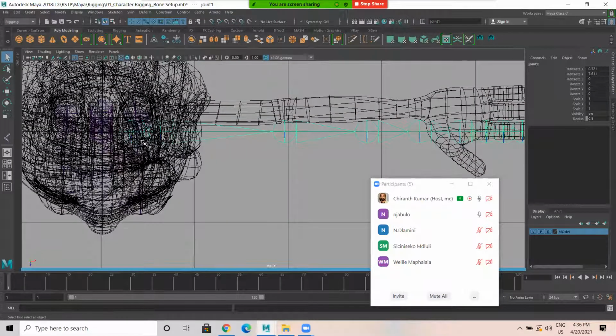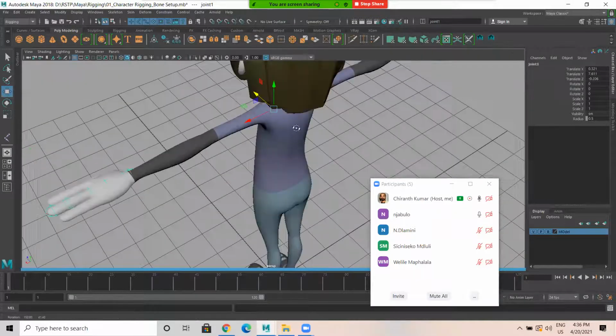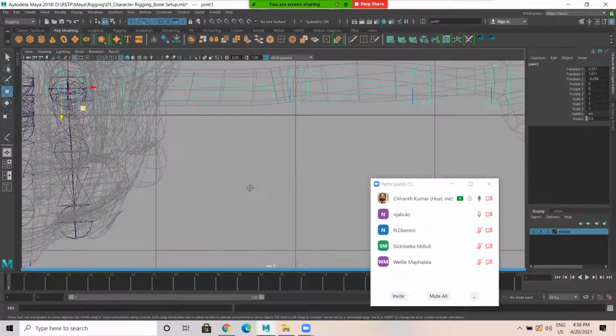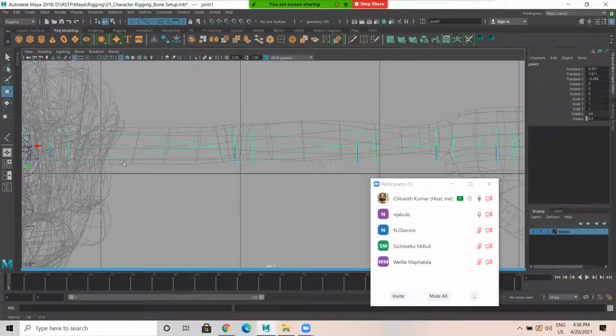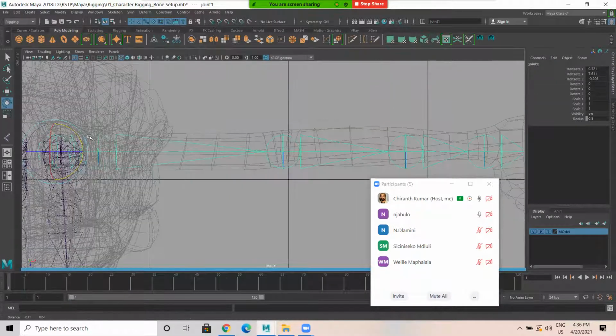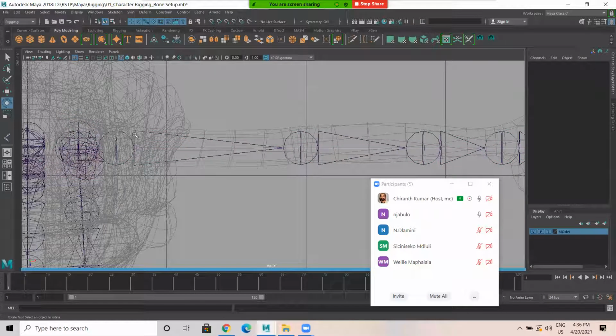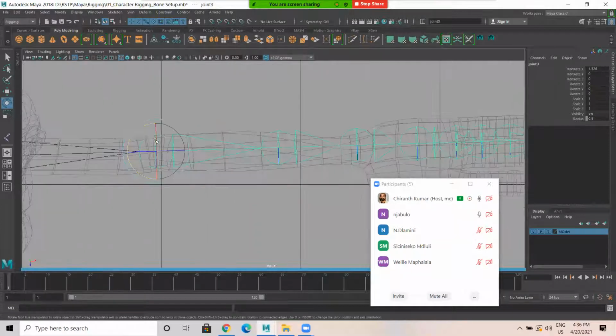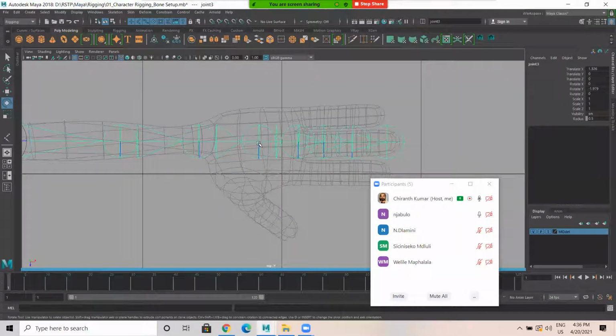So select this clavicle. The clavicle should be inside the body. Now check here. The clavicle is inside the body. And you observe the shoulder. Shoulder is inside. Okay. Now elbow. Elbow should be, okay, select this. Elbow should be inside like this. Now select the elbow, no movement, no translate. Elbow means you need to only rotate. This is forearm. From the forearm, this is fine. Now this is fine. Okay.